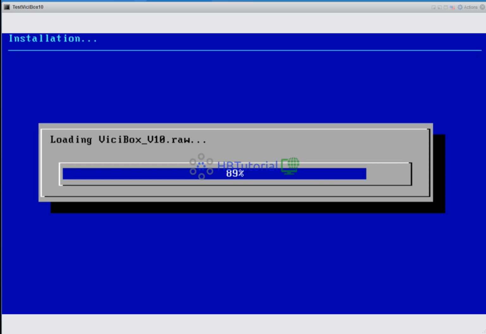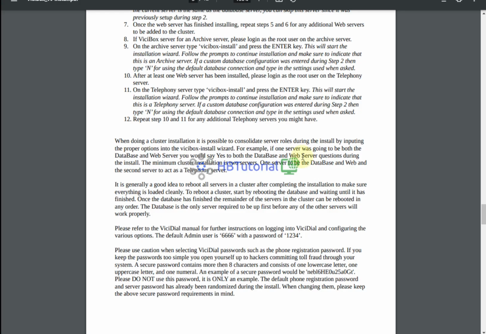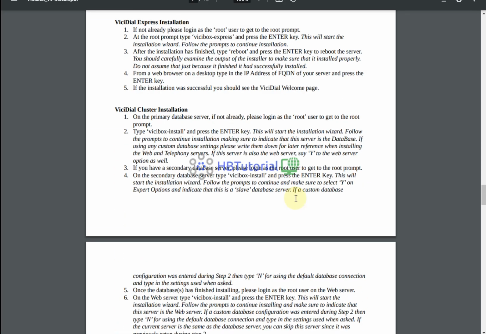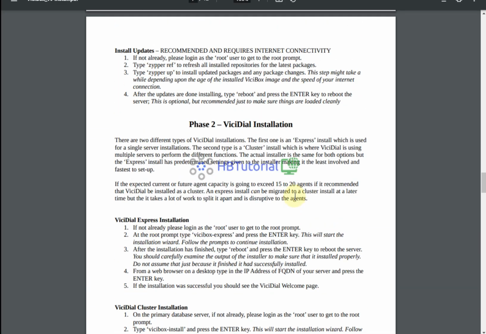Okay, so we are now at 89% of the installation. It is loading the Vicibox to our virtual disk. We need to wait a few minutes to finish this. While we are waiting, we can check the installation manual for the Vicidial, but all the installation manuals are always